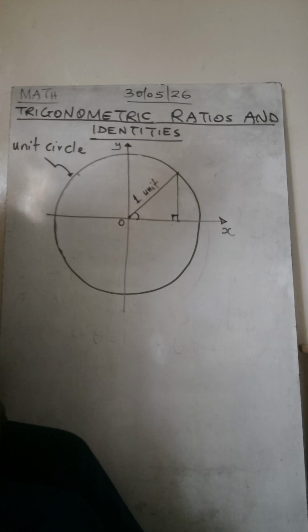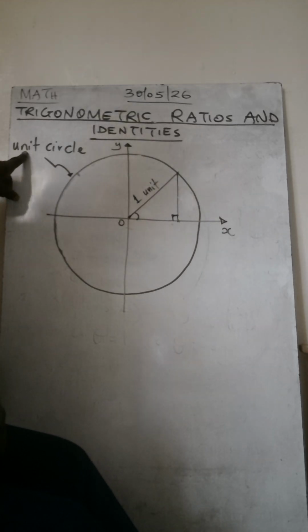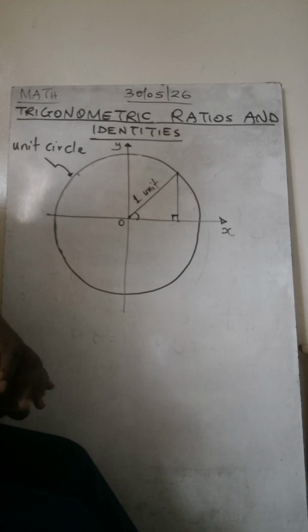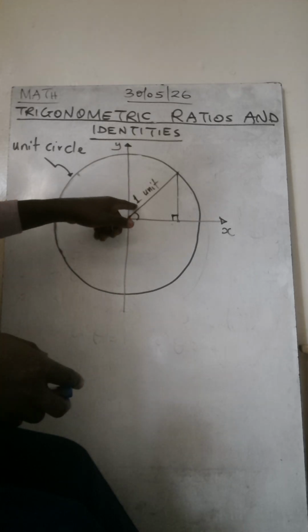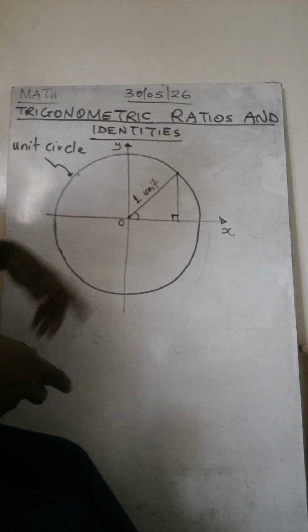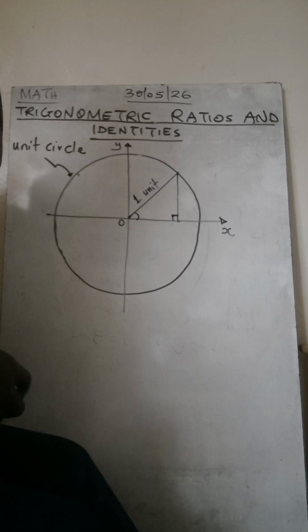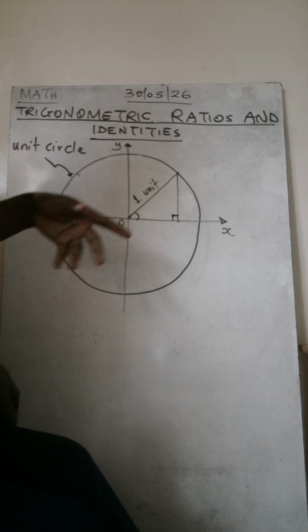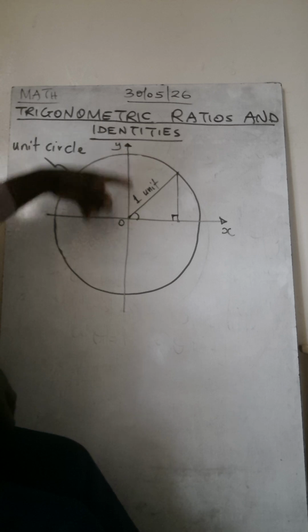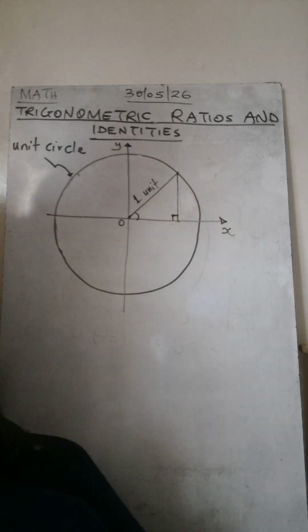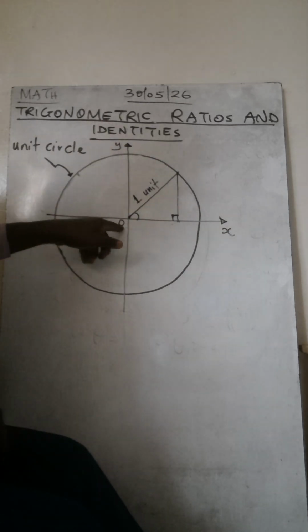So before we do anything, I want us to use what we call a unit circle. A unit circle is a circle whose radius is 1 unit. As you can see, I have labeled it here. And inside this circle, I have drawn two axes, the y-axis and the x-axis. They intersect at the origin,